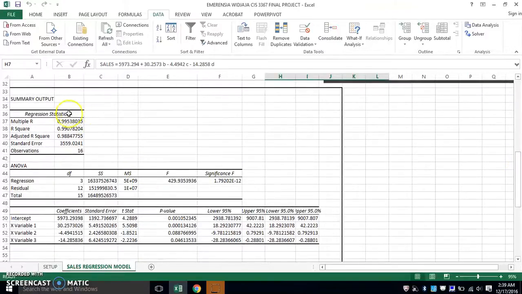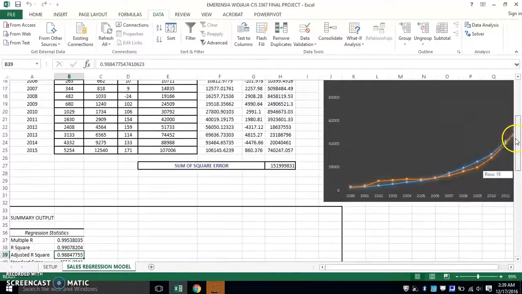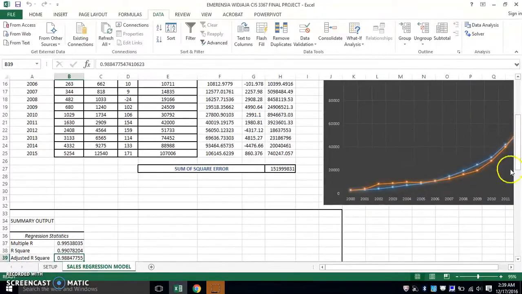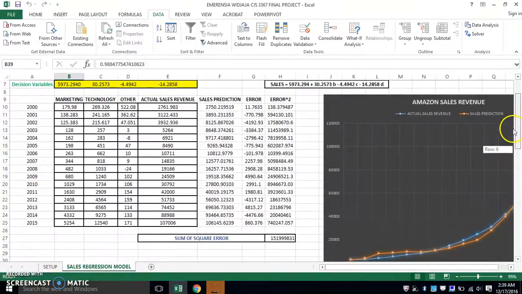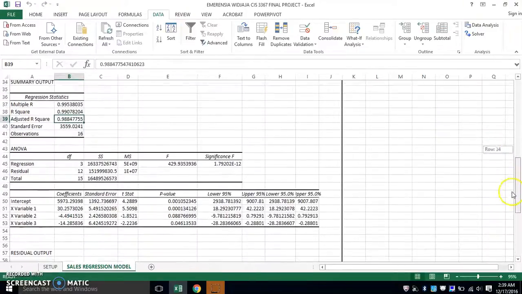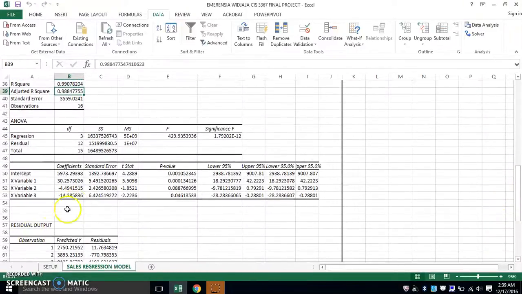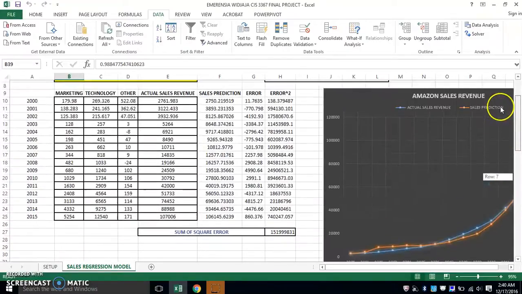In statistics, what you're interested to find is the adjusted R-square. Here it is shown as 98.84%, which means that 98.84% of the variation can be explained by this model. So it is actually a very good model because it can accurately predict the actual sales revenue. We can also see that the coefficients generated by the Analysis ToolPak are the same as what we found from Excel Solver,